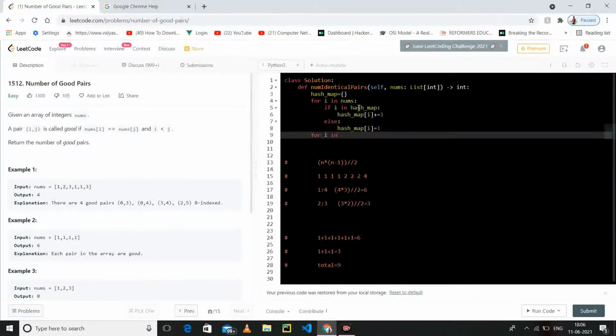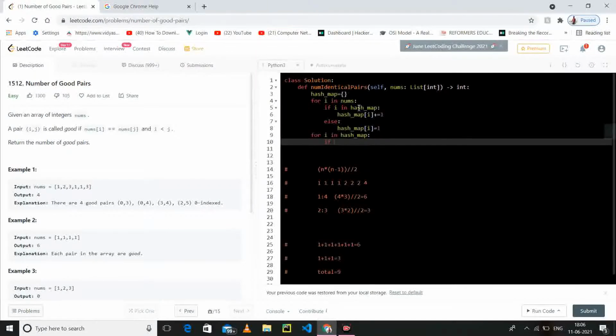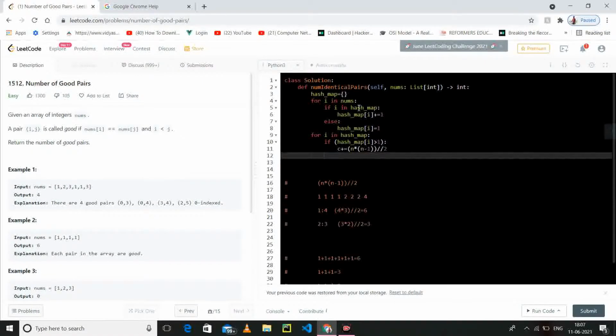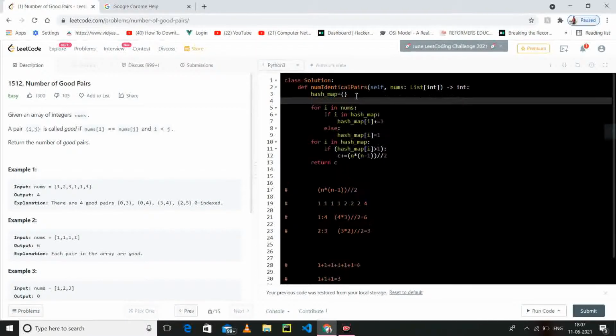Now traverse the hash map. If hash map of i, meaning the frequency of the element, is greater than 1, then we just do n into n minus 1 divided by 2, and return it. Let's see.